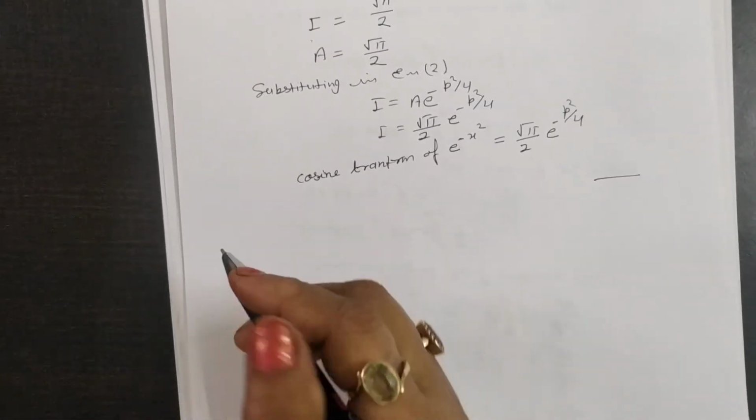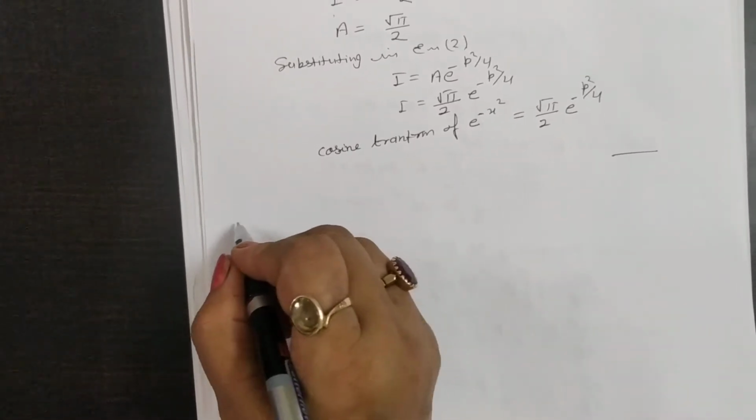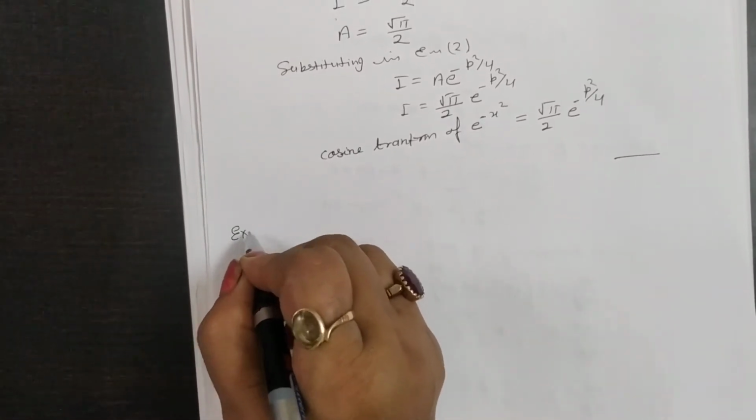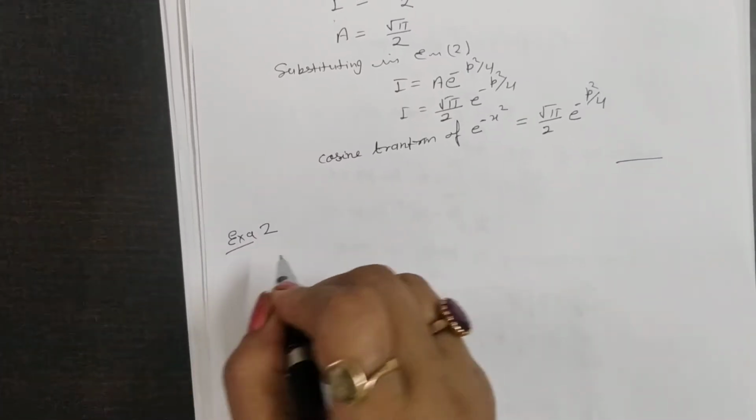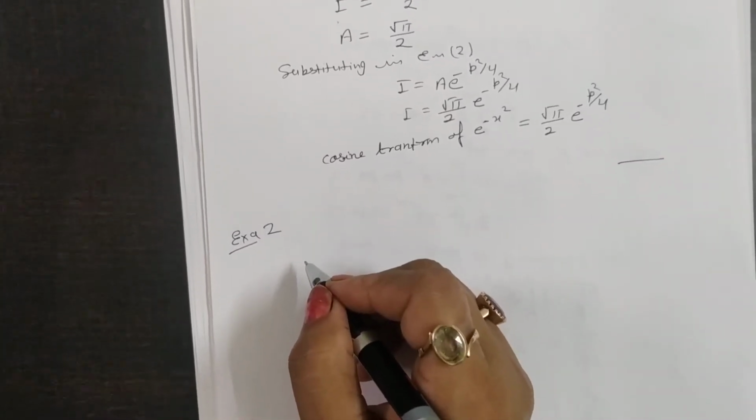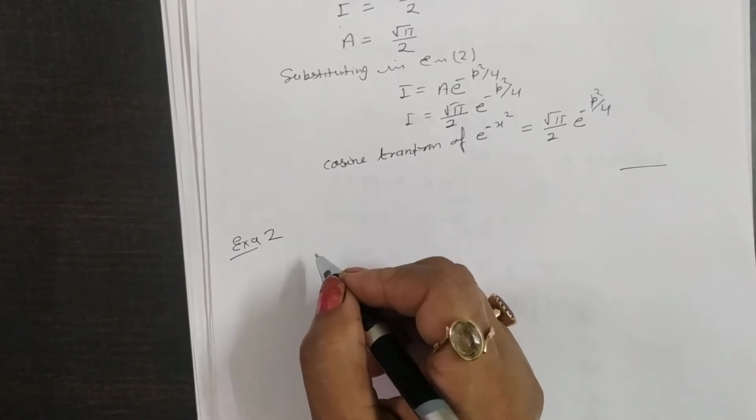Next, I have defined it. Next, another example of the Fourier transform. Example 2. Here, find the Fourier